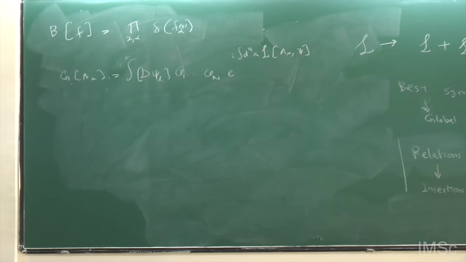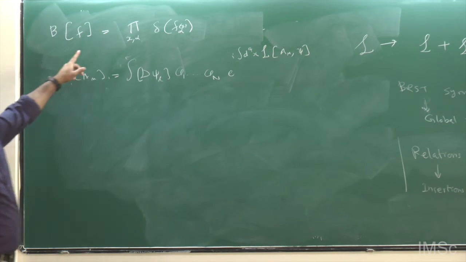Now the Faddeev-Popov theorem says that you can choose any f and any b. That won't change the final answer for the time ordered correlation function. So when you change the gauge fixing function, nothing happens. When you change the function b, that will introduce some irrelevant constant. So physically nothing is going to happen. The definition for the time ordered correlation function is independent of the definition for small f and the function b. I could have chosen some other combination.